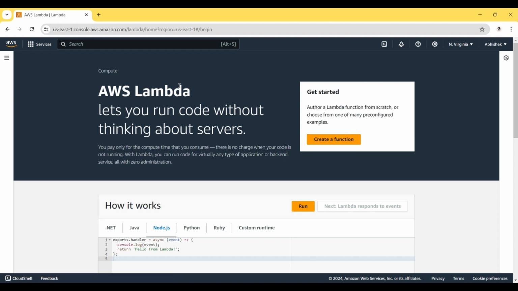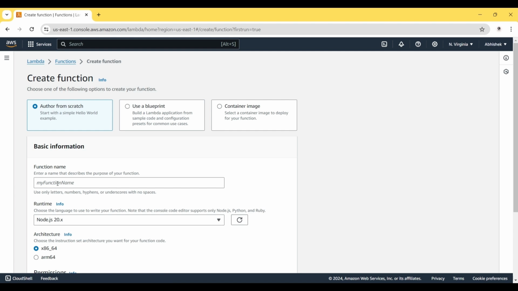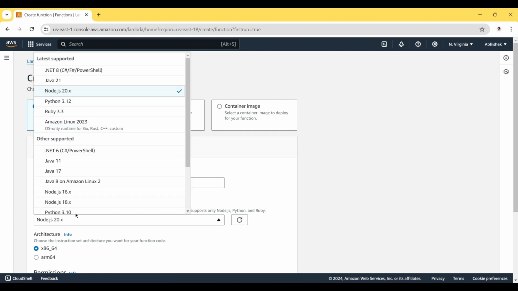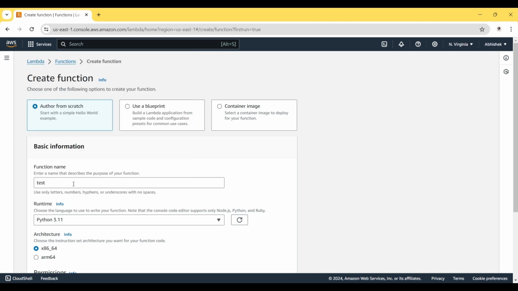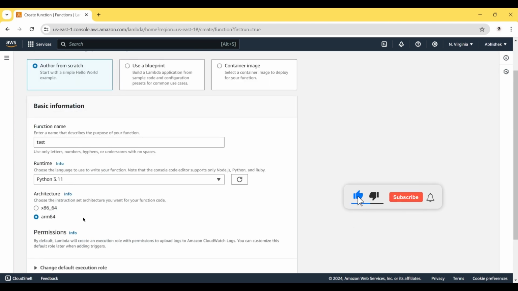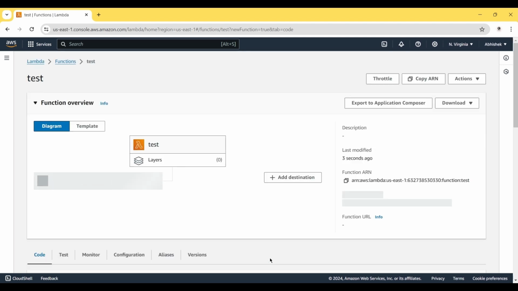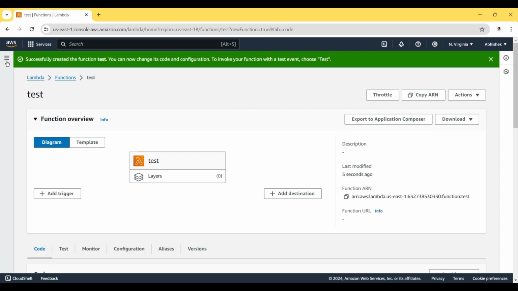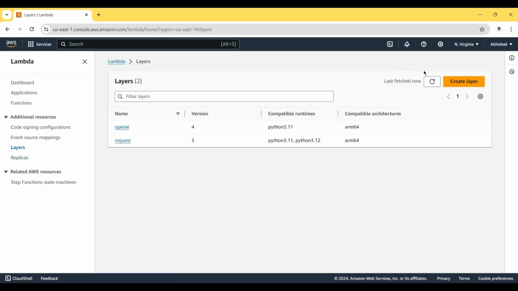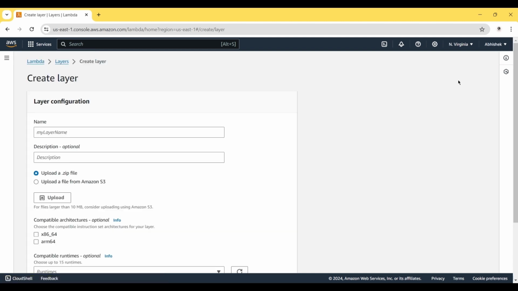So here it is asking, first of all you have to create a function. So let me just create a function called test. Runtime I am choosing as Python 3.11. Architecture is basically Linux, so ARM64. Rest leave everything as default and click on create function. Now it's done. Now what I have to do is go to something called layers, and here I have to click on create layer. Give your layer a name. So my layer name, if you remember, is requests. So it is request layer,